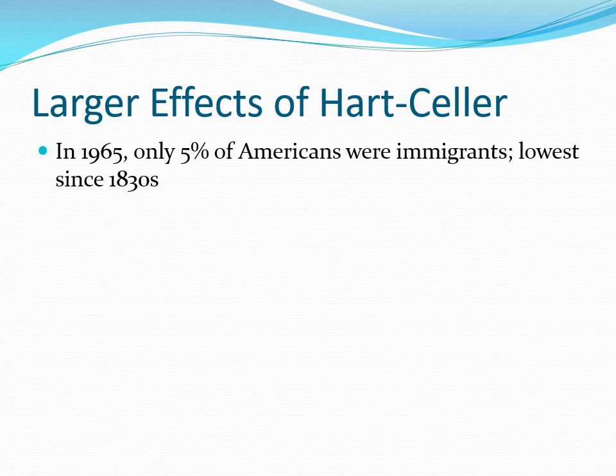In 1965, prior to the passage of the Hart-Celler Act, less than 5% of Americans were foreign-born. They were the few who could come under the immigration policies of that period. You had the Bracero program. You also had some groups who remained eligible even with the Johnson-Reed Act in place. A lot of this had to do with